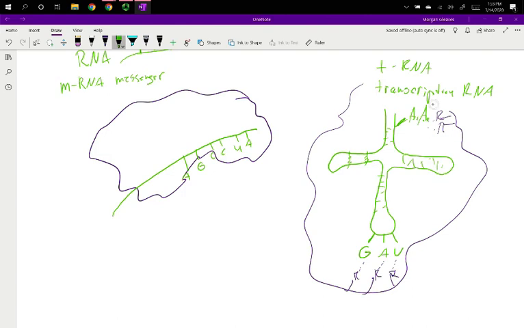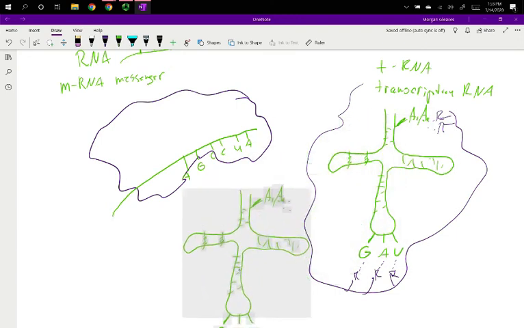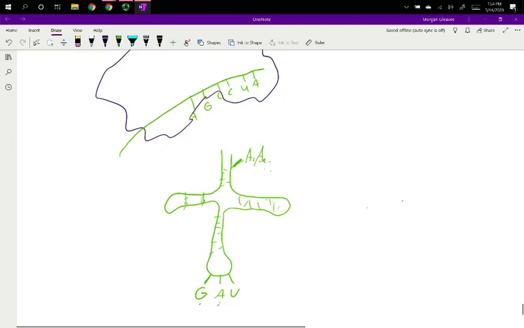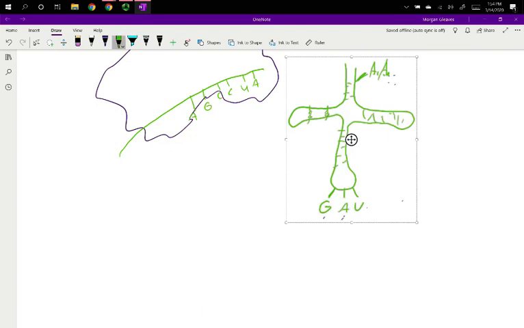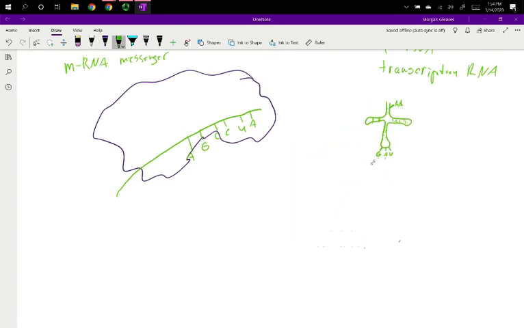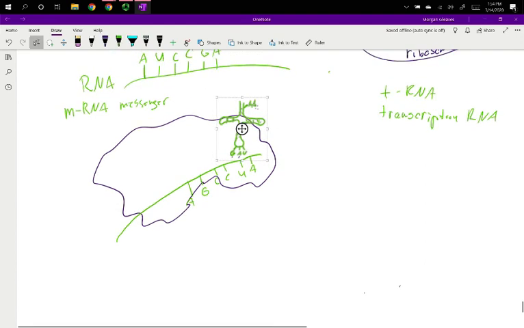The tRNA then leaves, says, hey, I'm out of here, I'm done, and drifts away. The protein is somewhere else at this point. This tRNA, though, is a little bit big at the moment, so I can shrink it. What will happen is it will drift along until it finds the ribosome and the other RNA,